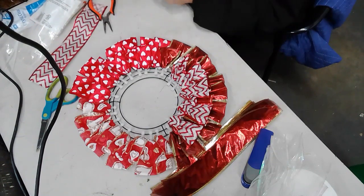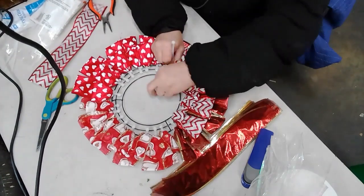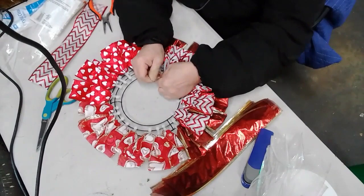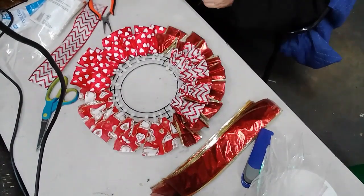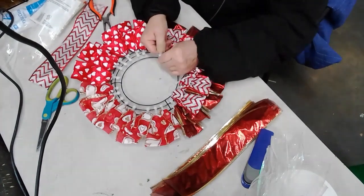That just gives it that extra security. But yeah, just so you guys keep an eye on that. And I found that worked out really good because it covered everything else, right? But overall, you're gonna see once you get it all